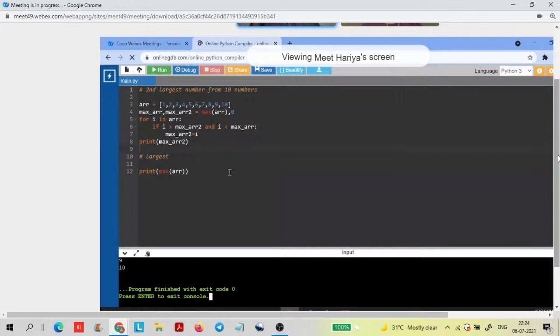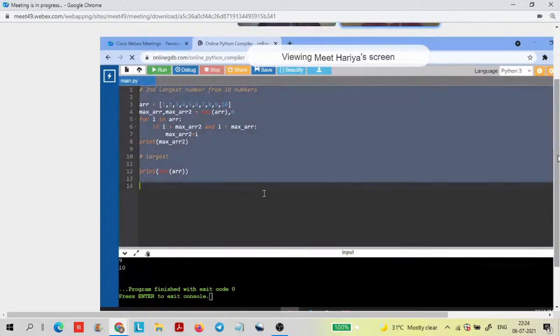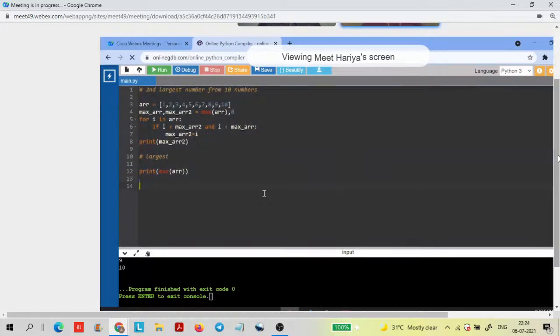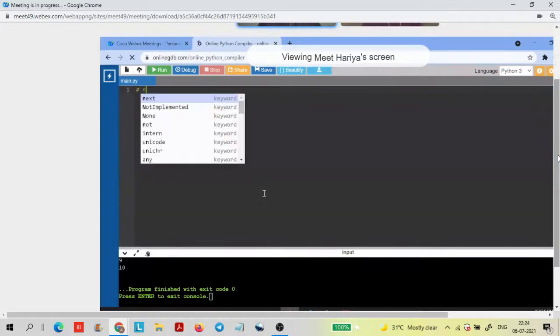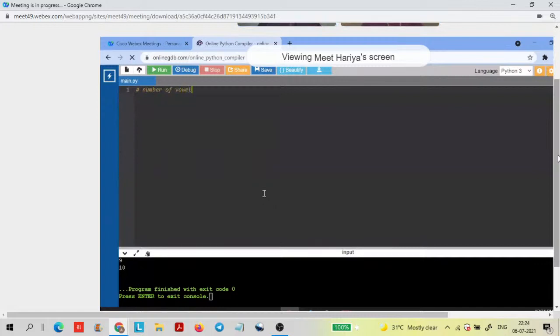So next, write one more program: calculate the number of vowels and consonants in a string. Okay, sir. Can I take this? Yeah. Number of vowels and consonants in a string, means you need to count them. Yes, sir. Okay, so what we will do is we will create a list of vowels,